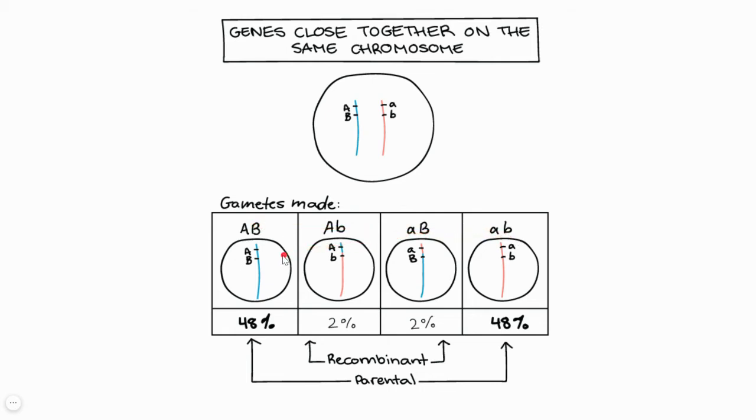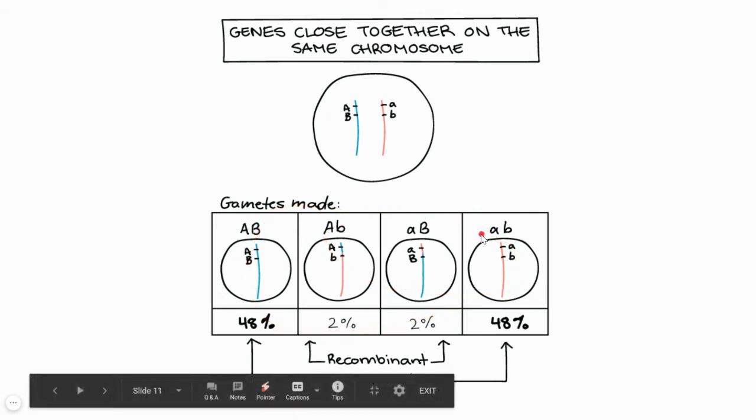So when this cell undergoes meiosis, it will form 4 types of gametes, out of which 2 types of gametes are exactly like the parent cell. That is, either the whole of this is getting inherited or the whole of this. But there is also a possibility that there will be a small crossing over happening in this gap, a chiasma. Because of this, a capital A can combine with a small b. A small a can get inherited in a gamete with a capital B. So this is how the gametes will be.